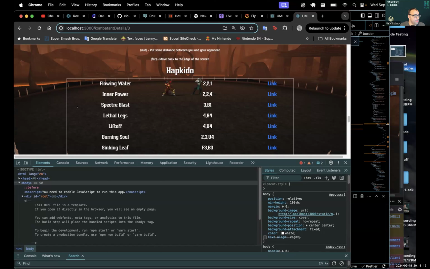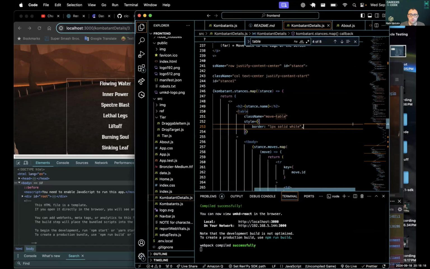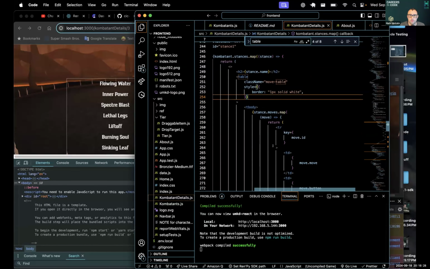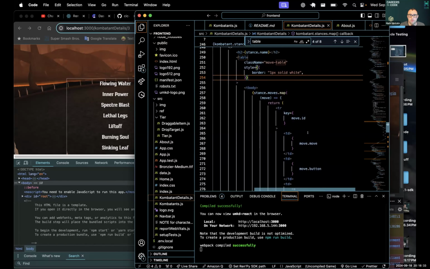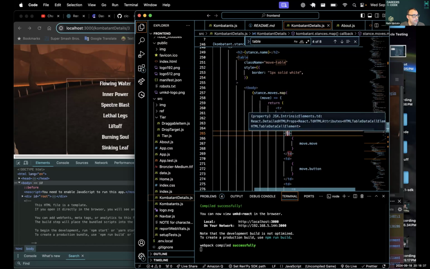Column width is done up in the TH. So what if we, in table body, table row, table data.